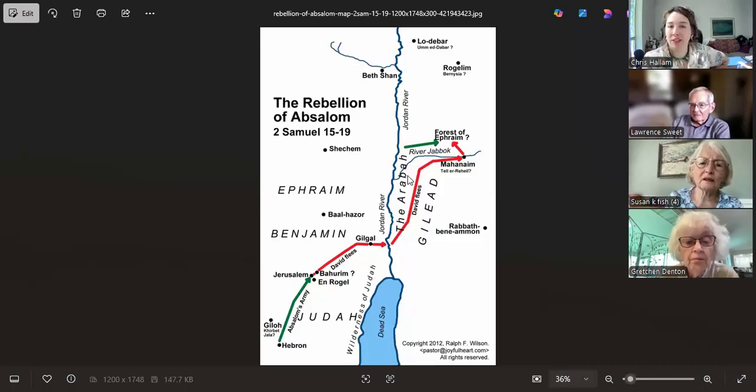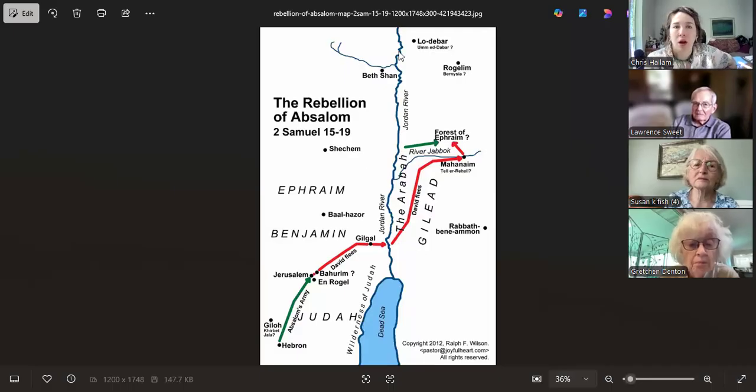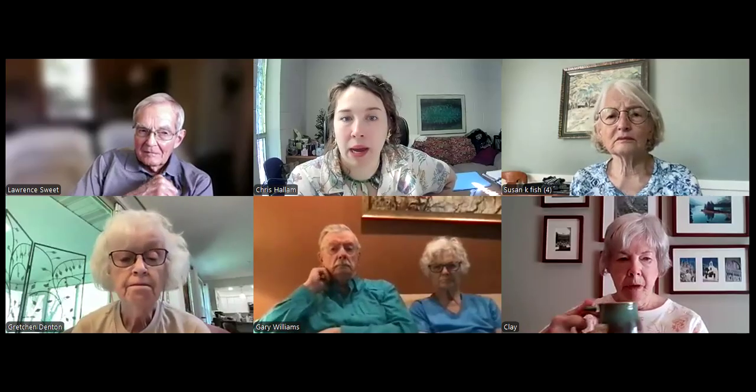Okay. So by the end today, there will be a fight up here in the forest of Ephraim, and then there's a time where David is once again talking to people before crossing back over the river and going back to Jerusalem. I need to switch real quick to my other map to help give context to one other thing.